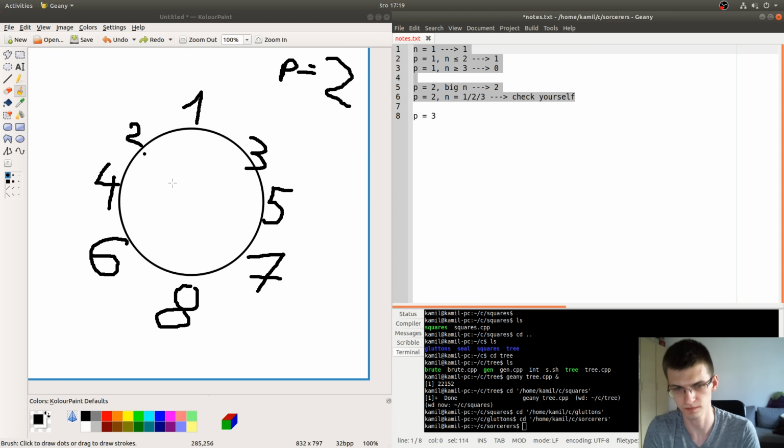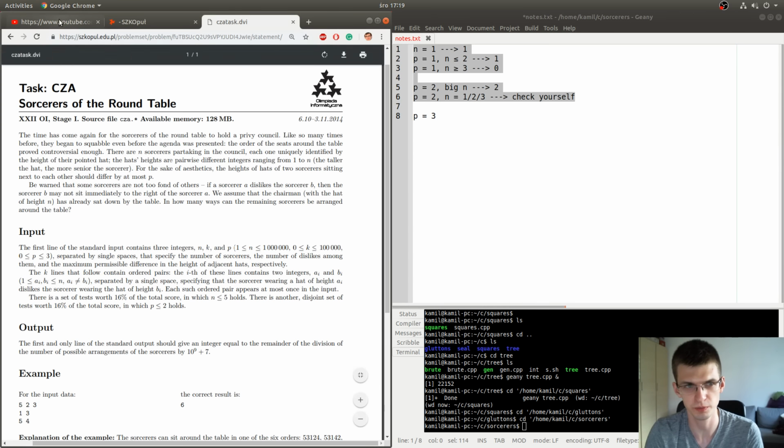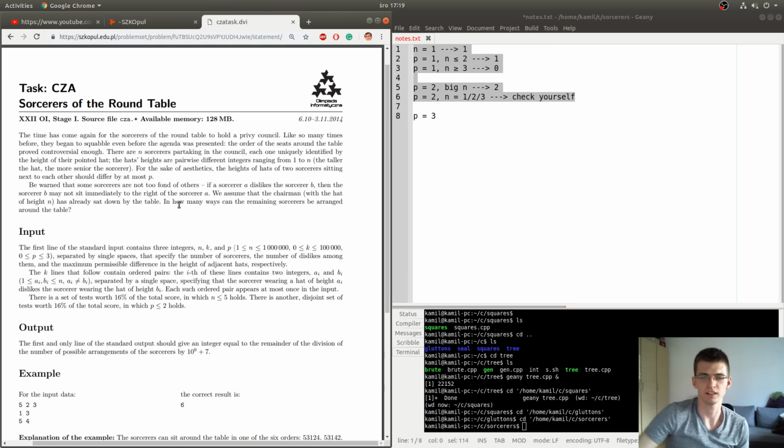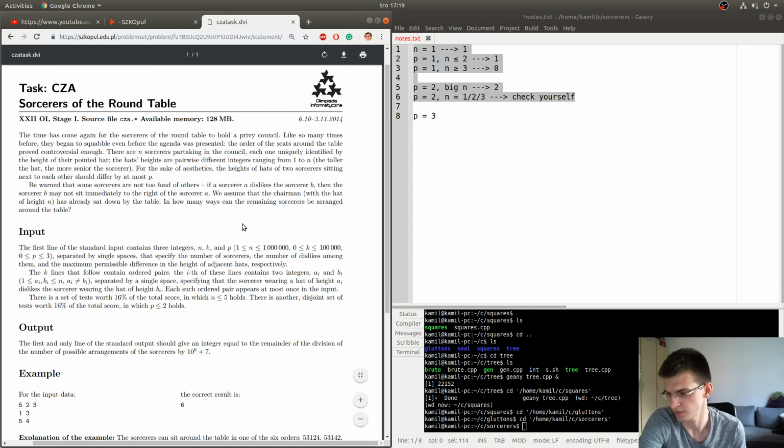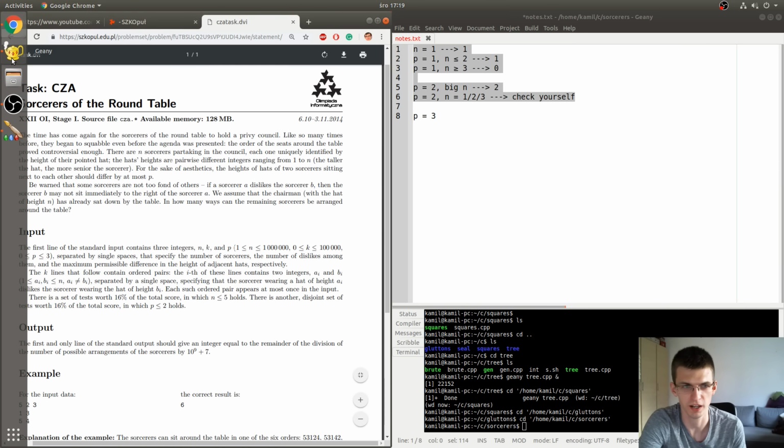we can solve the problem for p up to 2. And only with p equal to 3 we have something more complicated. And I've read the editorial, or well, also the video tutorial by Milczek.